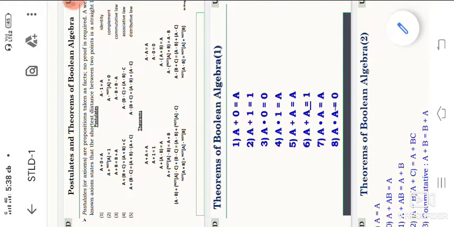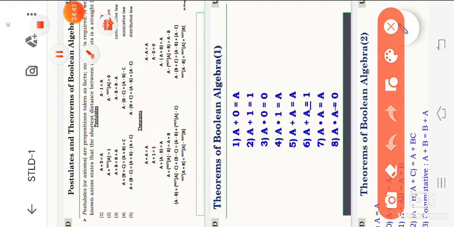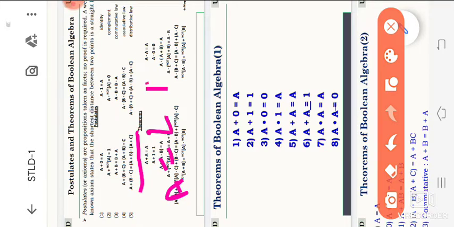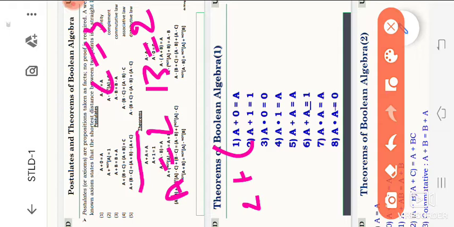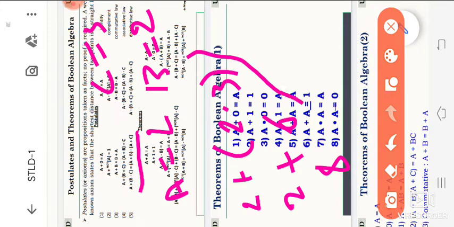So the next law is the distributive law. You have to observe the distributive law. I have to solve one example for the distributive law. If A equal to 2, B equal to 2, C equal to 3, we apply the values: 2 plus 2 into 3. Totally 2 plus 6. So total 8 we are getting.